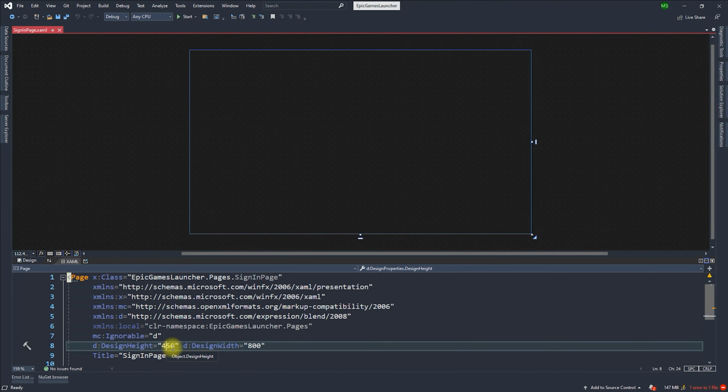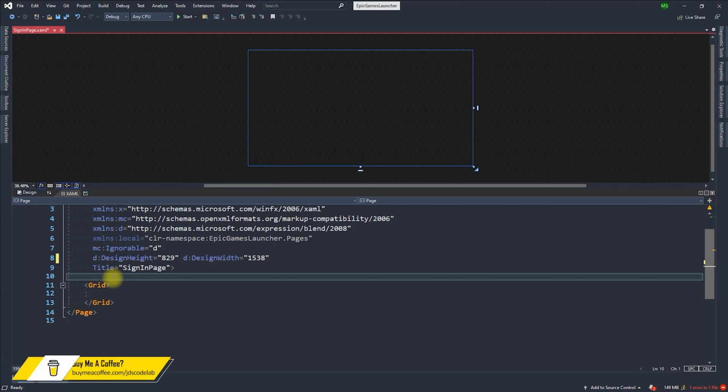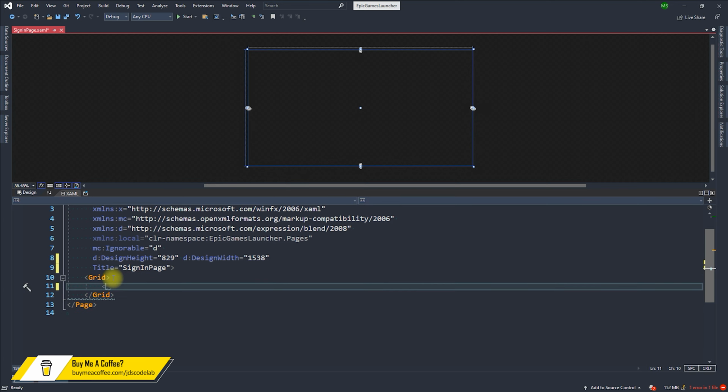In our previous video, we completed the window style and loading page with custom striped progress bar. In this video, we will design the sign-in page. And also I will show you how to extend the properties by using attached properties in the service login buttons. So without any ado, let's get started.